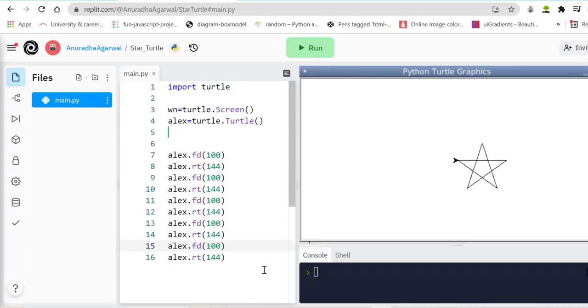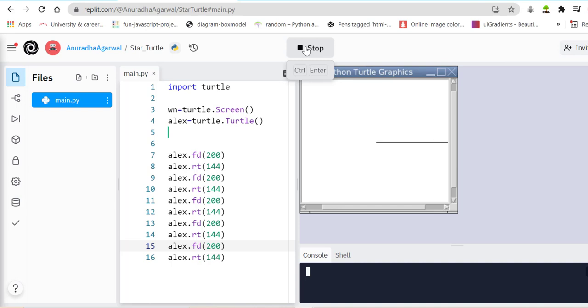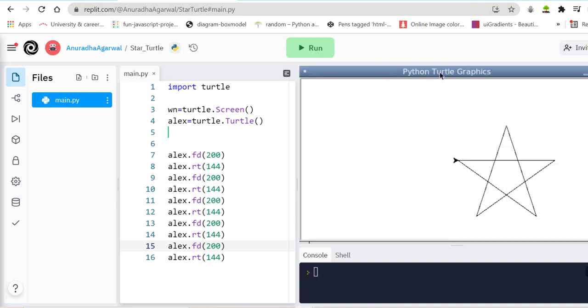Hey friends, in our last lecture, we created a beautiful star using Python Turtle, and we intend to increase the size of this star at this point. And for that, we have to go and make changes at every point wherever I am mentioning the number of steps the turtle has to move, right? So I increase them from 100 to 200 and I expect turtle to move bigger number of steps and hence